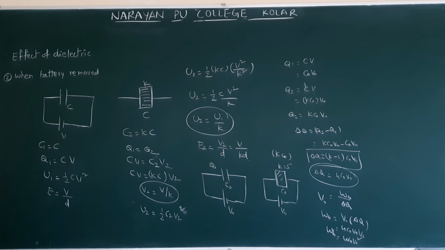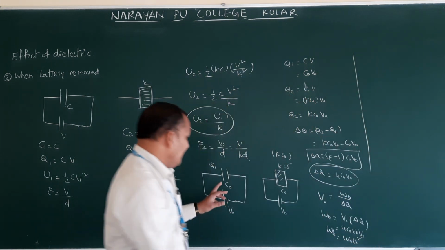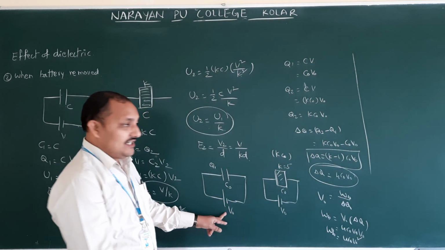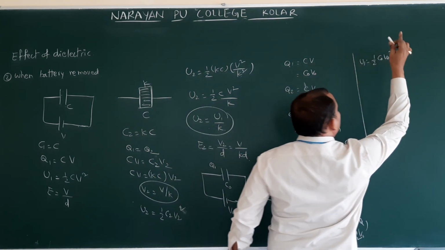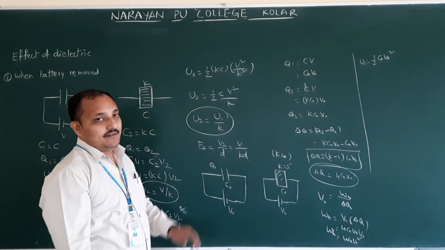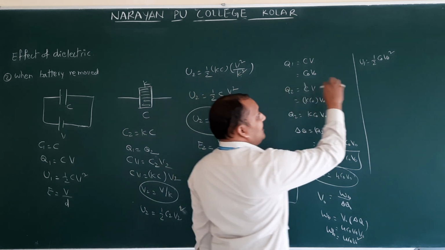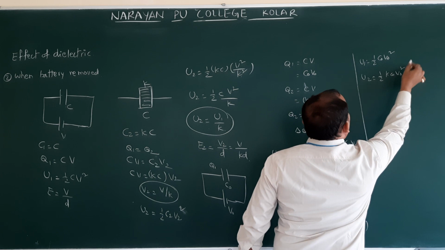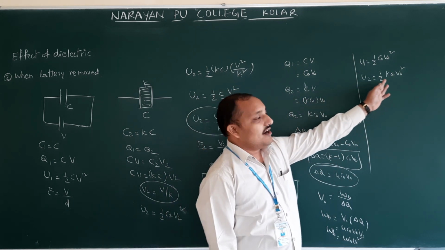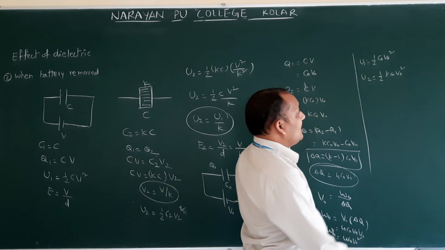Next, find the change in energy stored. They are asking, find the change in energy stored. It means, what is the initial energy? Whenever capacitor C0 is connected with V0, what is the initial energy formula? U1 is equal to half C0 V0 square, in terms of CV. Next, after introducing the dielectric, what is the energy formula? It came in the previous video, yesterday's video. U2 is equal to half K C0 V0 square. If you forgot, again we can write half CV square, and in place of C we have to write K C0.